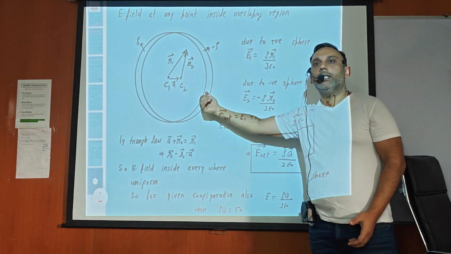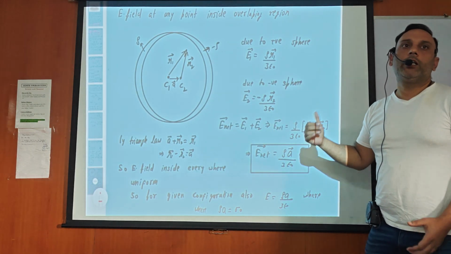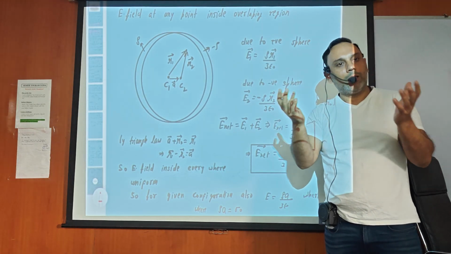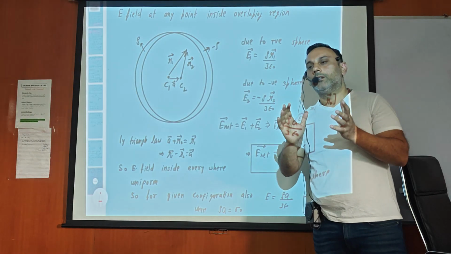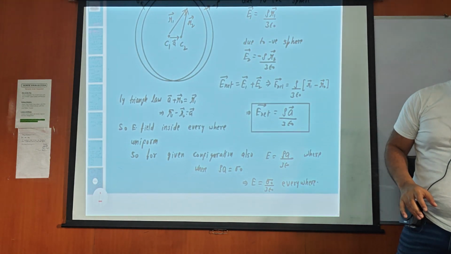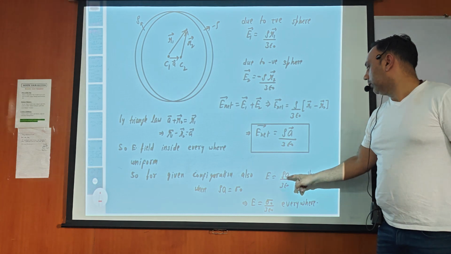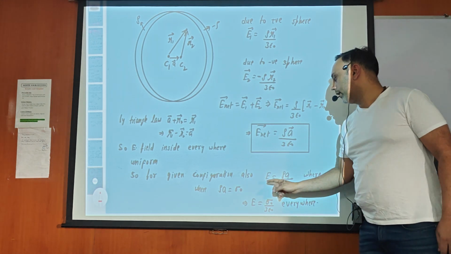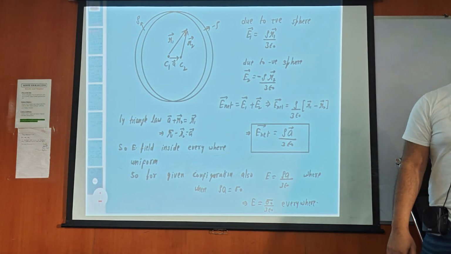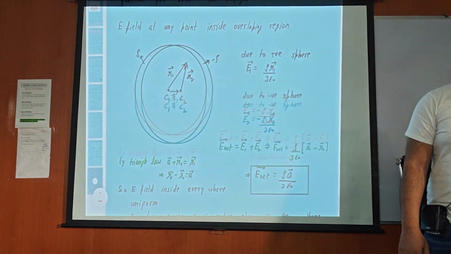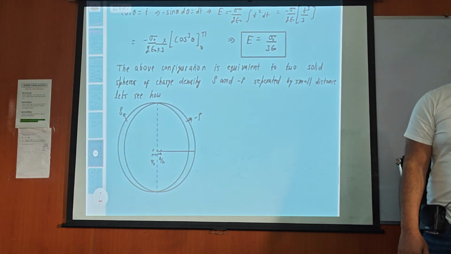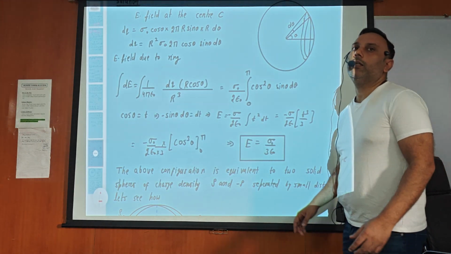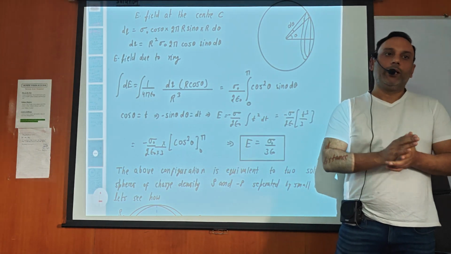So for this configuration the electric field is constant everywhere, which means for the given configuration sigma equal to sigma naught cos theta, the electric field should be the same. Okay, students? Now rho A can be replaced by sigma naught, as I explained before, right? So rho A is sigma naught, so the electric field everywhere should be sigma naught by 3 epsilon naught. At the center we obtained the electric field sigma naught by 3 epsilon naught. It means everywhere inside also the electric field should be sigma naught by 3 epsilon naught. Okay, buddy? Understood or not?